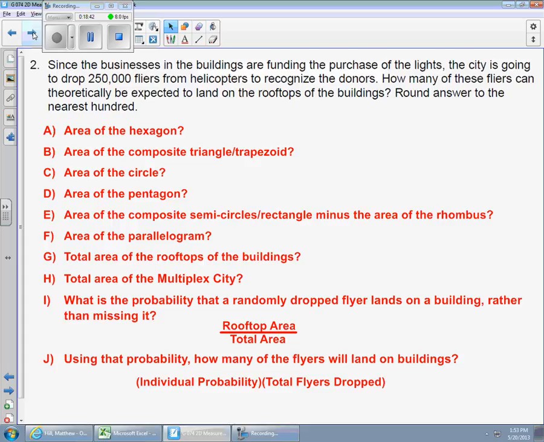Now, question 2 says, since the businesses in the buildings are funding the purchase of the lights, the city is going to drop 250,000 flyers from helicopters to recognize the donors. How many of these flyers can theoretically be expected to land on the rooftops of the buildings? Round your answer to the nearest hundredth. Okay, well, in its own right, this is equally complicated, if not slightly more complicated than